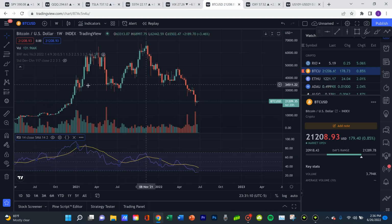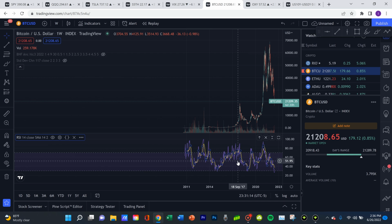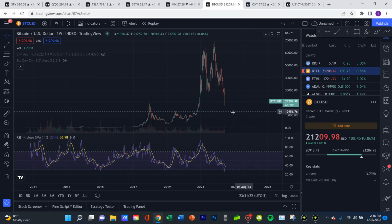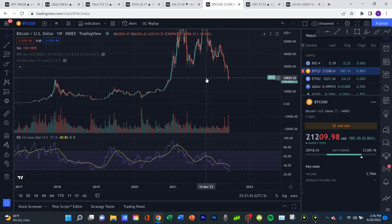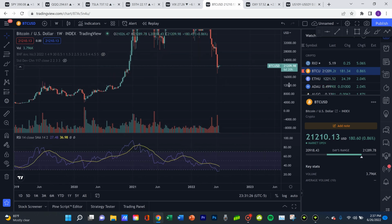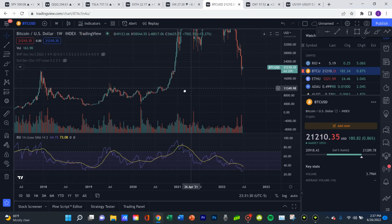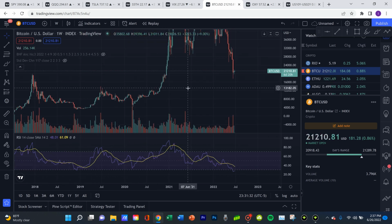Another thing to look at is Bitcoin. And we've actually hit a lowest point that we've ever reached before. The only time it's comparable was 2015, but even then we didn't reach the lows on the RSI that we're currently at. So again, if you're a long-term investor, it'd be a good time to start accumulating. I want to start accumulating like under 20, but you can't be too picky because you might end up selling yourself short and missing the